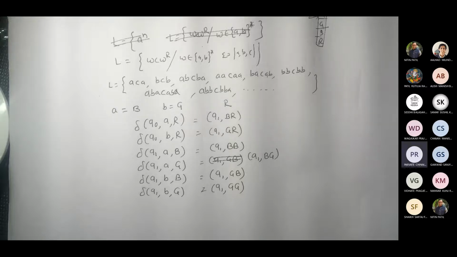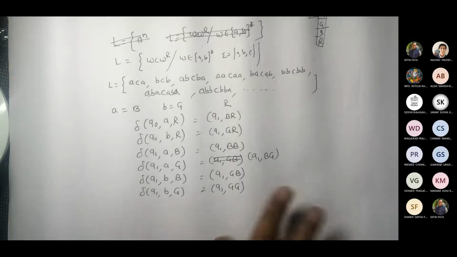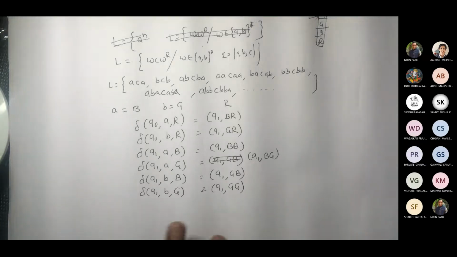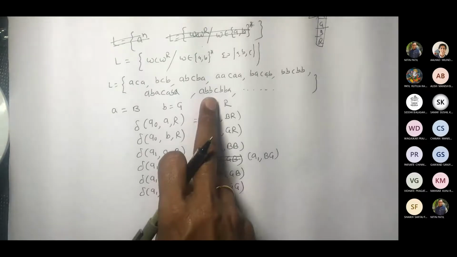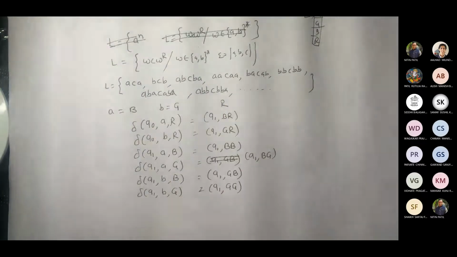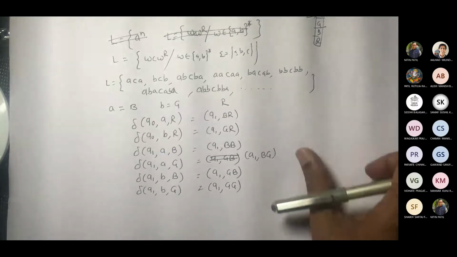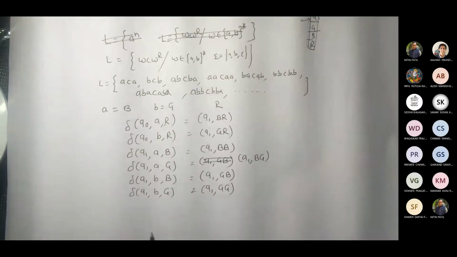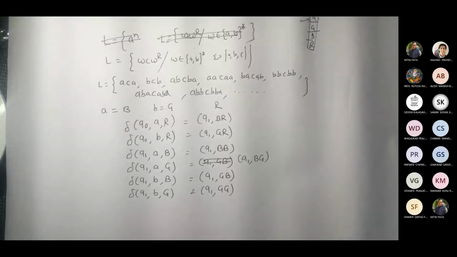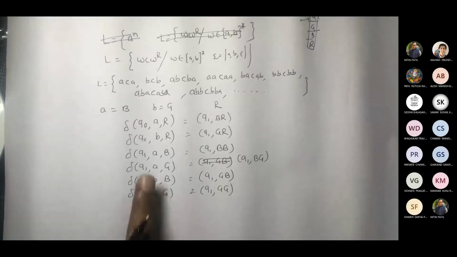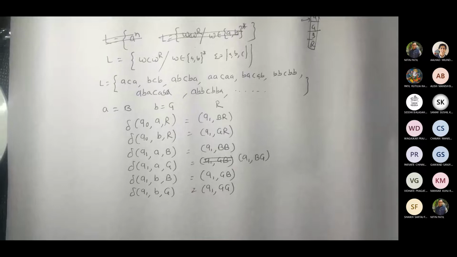Sir, can you please explain once more the final state and an empty step? Yeah. I will take that scenario here as well. Okay. So I think you are with me with respect to this now. Now this will process all A's and B's before C. So you can take any string from here. We will try to take some examples in this part. Now let us say that all A's and B's are processed. That means we are pushing blue, we are pushing green, depending upon whatever the situation that is arising.